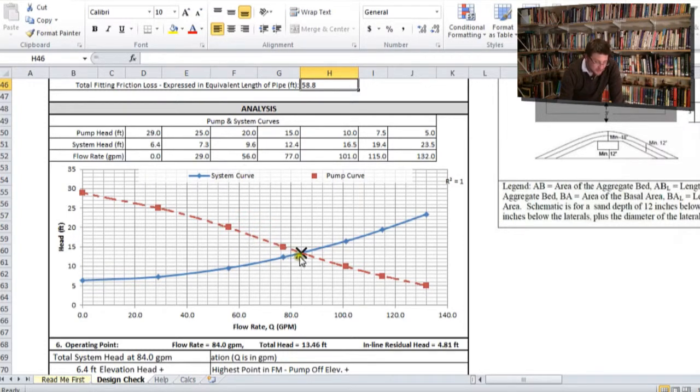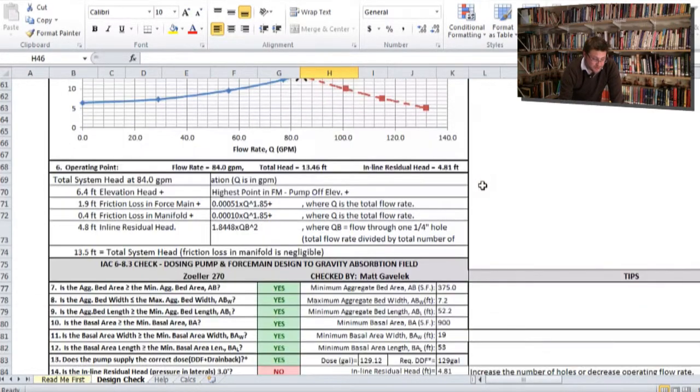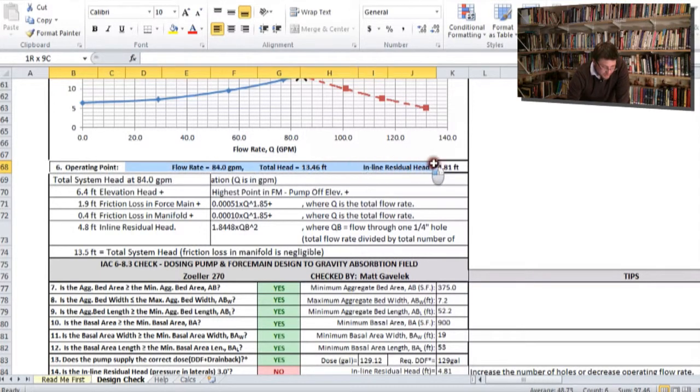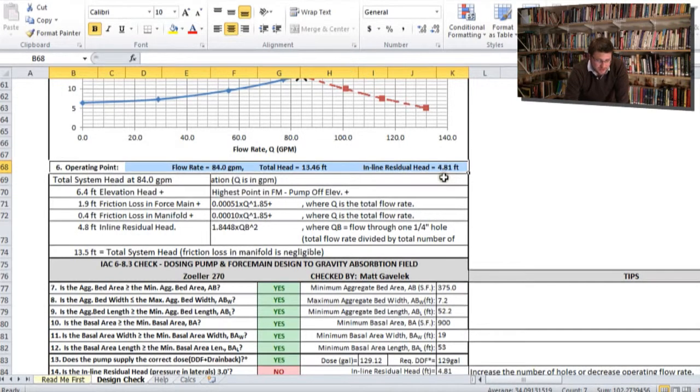We see the operating point here. We see that the pump curve looks straight, it doesn't look wavy, and the R² value is 1, so it's a perfect fit. And we can see here that the operating point is listed as 84 gallons per minute at roughly 13.5 feet of head, with an inline residual head of